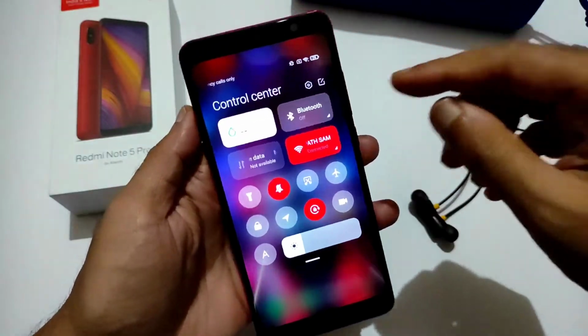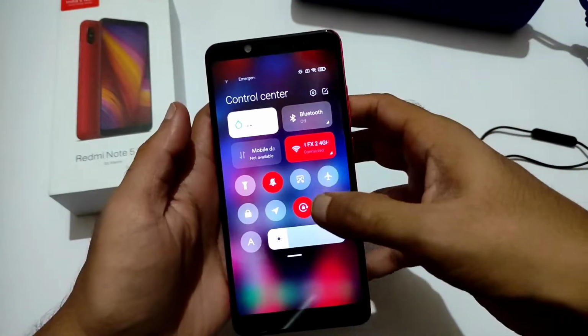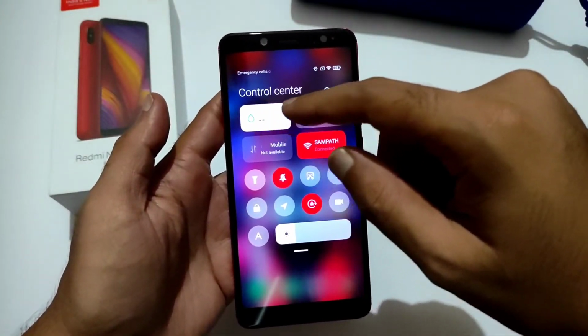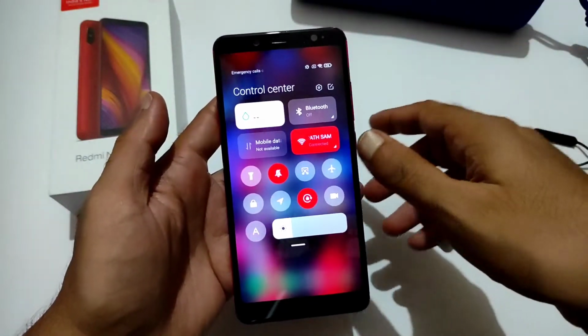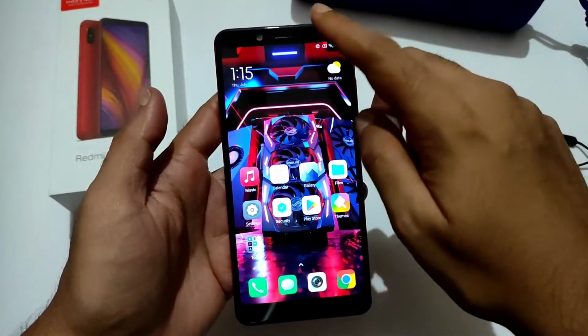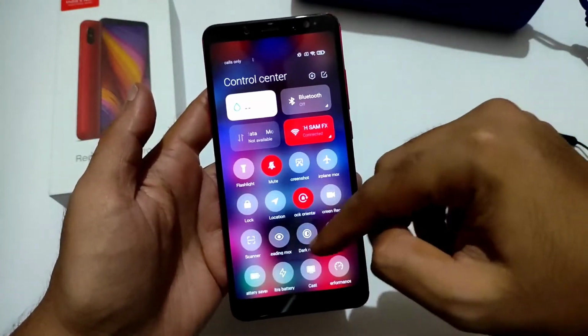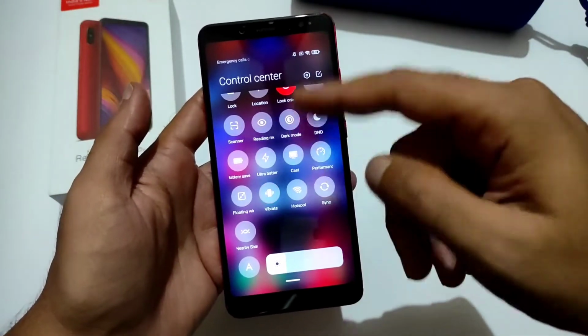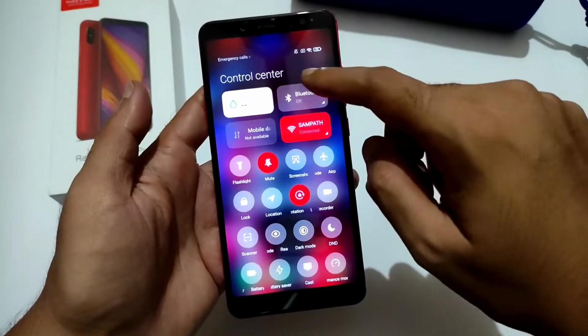And coming to quick settings panel, you get all this kind of things, the MIUI 12.5 style, and you can even get the data usage of this SIM network, and even you can connect it in the quick settings and the control panel. You get all this kind of settings. If you want, you can check out. Everything is working fine.